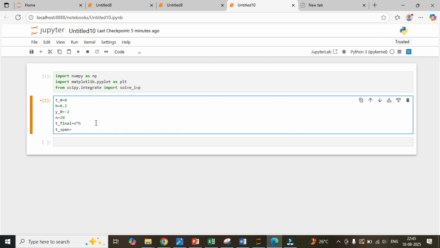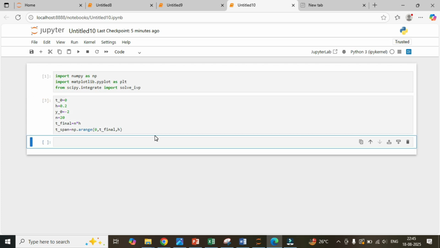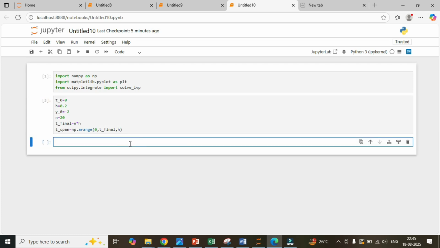equal to, here I am going to use a new term, np.arange, starting value is 0, my final value is t_final, and my step size is h. Okay, shift enter. Now I'll just give the comparison of the np.arange and